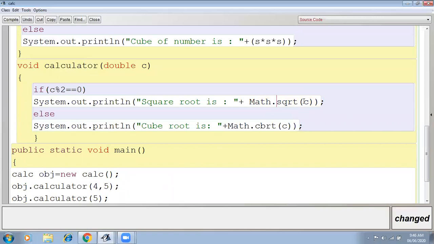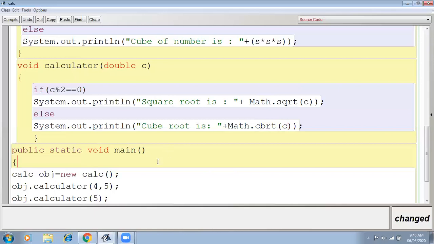So Math.sqrt(c). Here it will display the square root if the number is even. If the number is odd, then we have to calculate the cube root. The predefined method for this is cbrt, Math.cbrt. Math is the class and cbrt is a predefined method of the Math class. So here we are calculating the cube root of c.